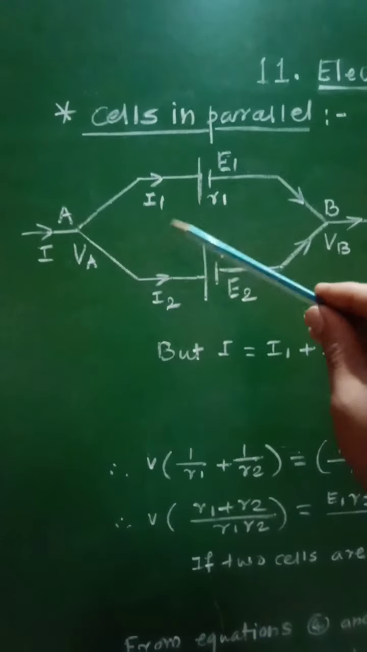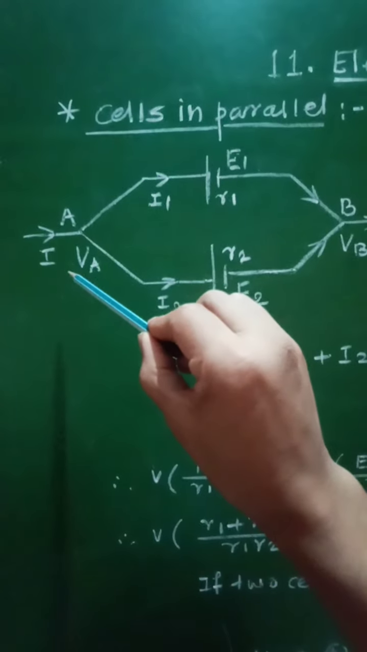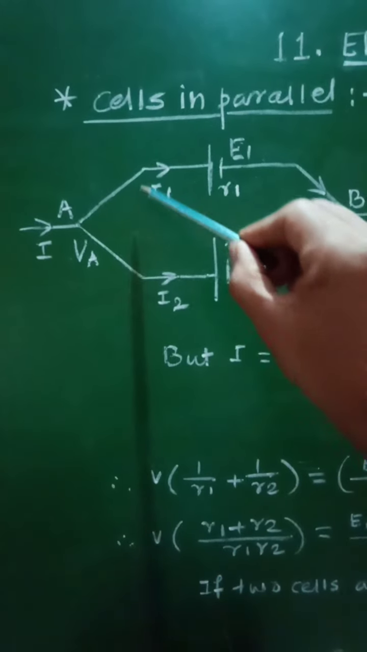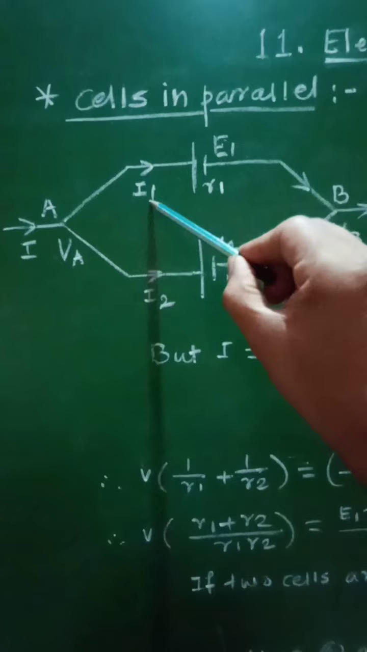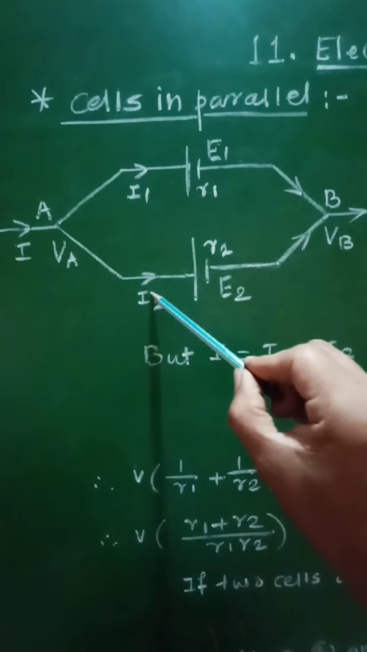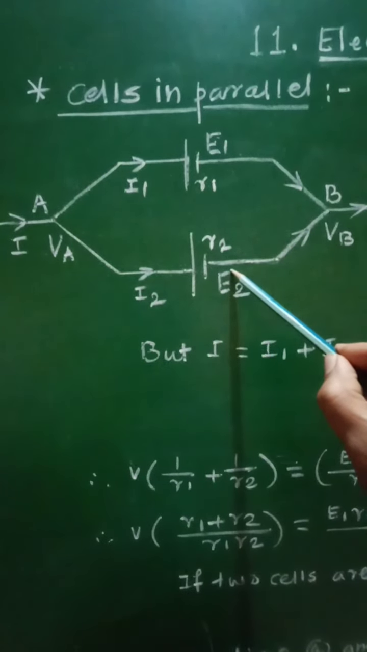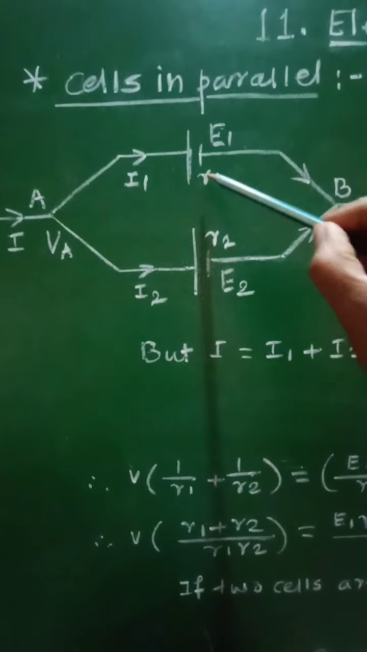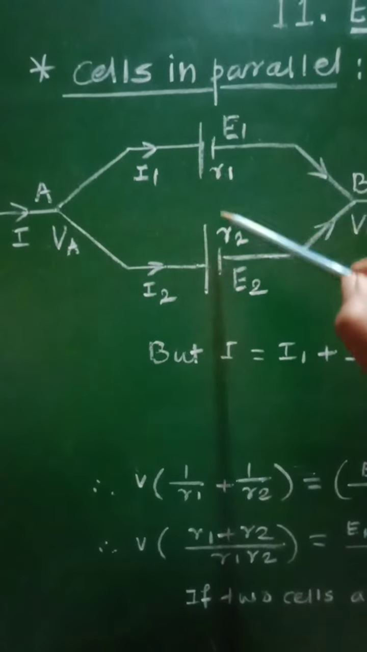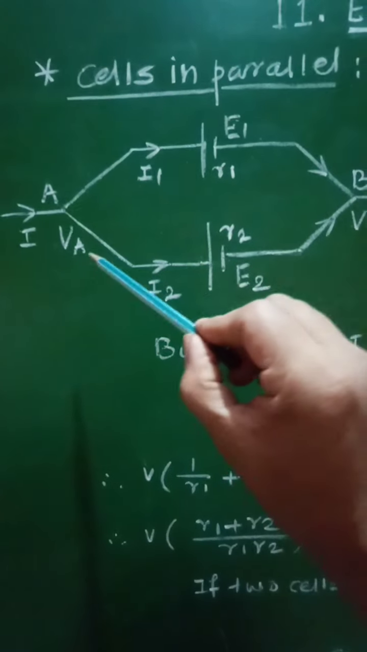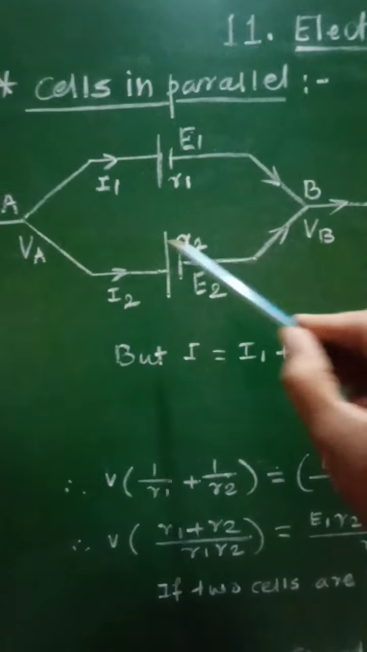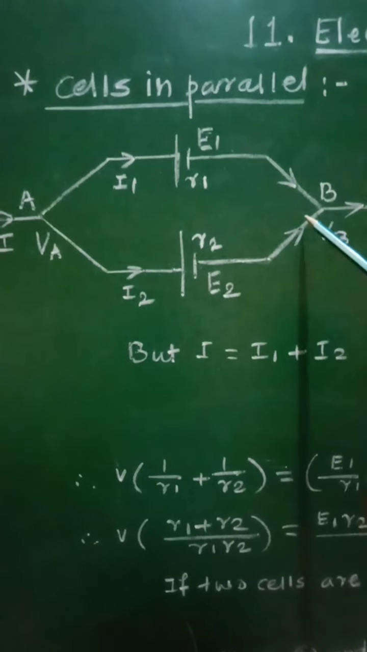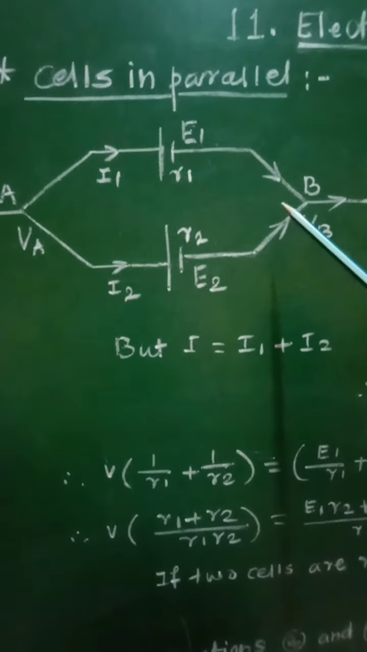When the cells are connected in parallel, the total current in the circuit will get divided as I1 and I2. I1 will pass through E1 and I2 will pass through E2. Let R1 and R2 represent the internal resistances of these cells. Similarly, let phi A and phi B be the potentials at the points A and B respectively. And therefore,